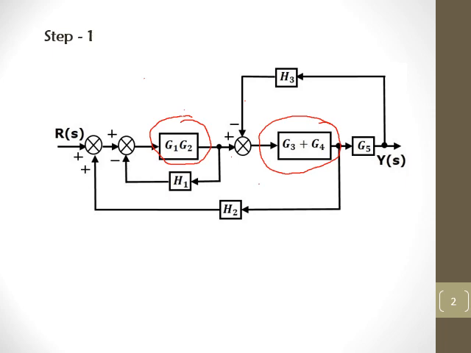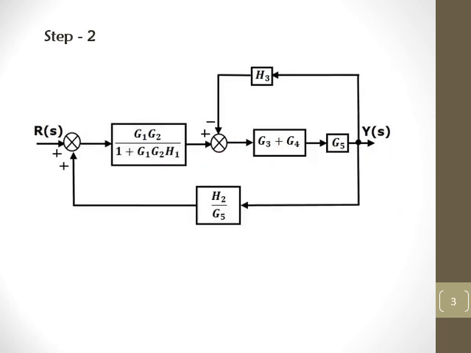So see here, G3, G4 are connected in parallel, so addition of the two blocks will be there, and here two blocks are connected in series, so multiplication. And the remaining is as it is. Shifting of this takeoff point we will see in the next step. So in the next step you can apply two reductions at a time. You can apply the rule for eliminating the feedback, so you can directly eliminate this block, and here you can shift this takeoff point so that these two blocks will be in series.